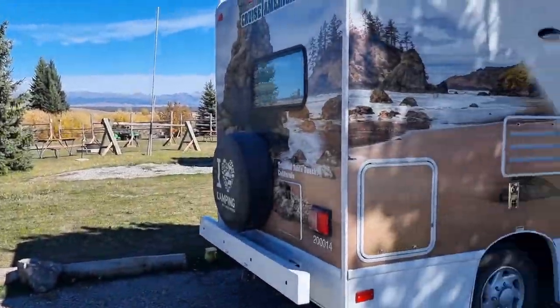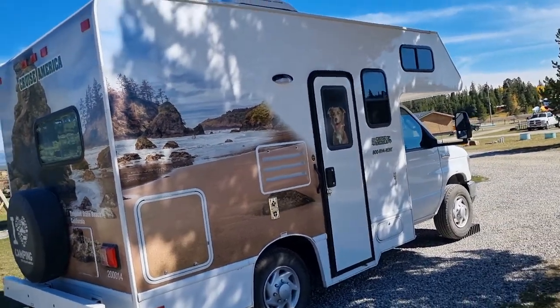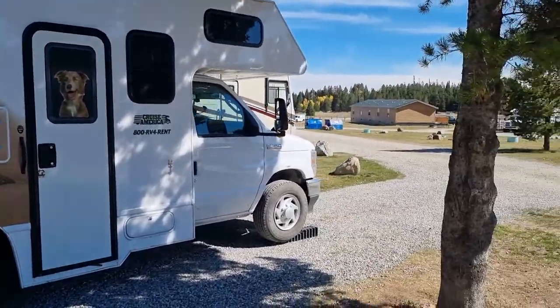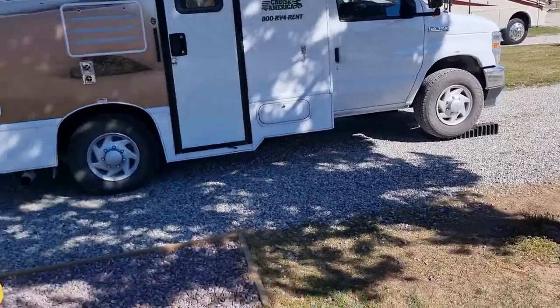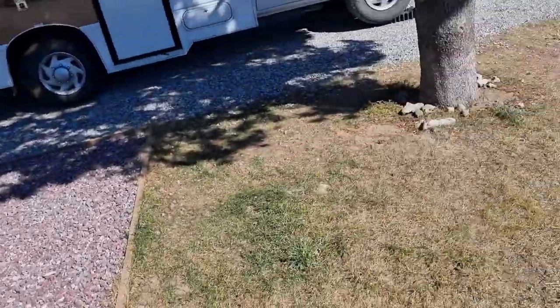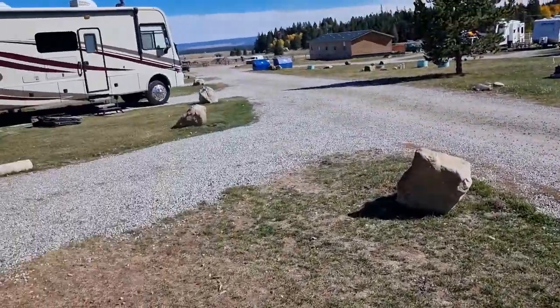Anyway, I'm going to tie up my visit to Yellowstone by showing you briefly around the campsite where I'm staying, just to give you an idea of what a regular campsite is like. I showed you a little while ago what the boondocking one was like. Sorry about spinning around like that. Here's my camper with Bruno in the window. Each site has got a pretty level gravel pad. You've got a picnic table and a fire pit. You've got some lawn here. On the other side there are hookups for